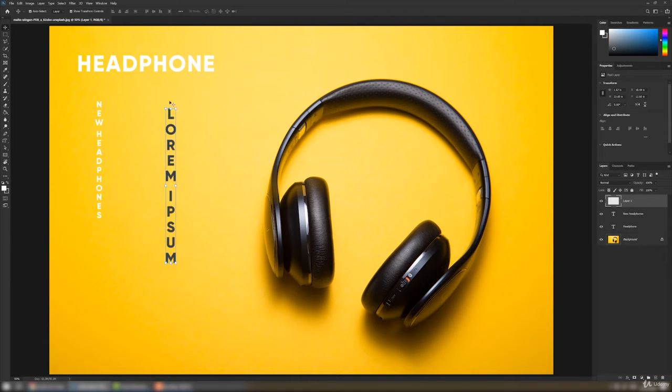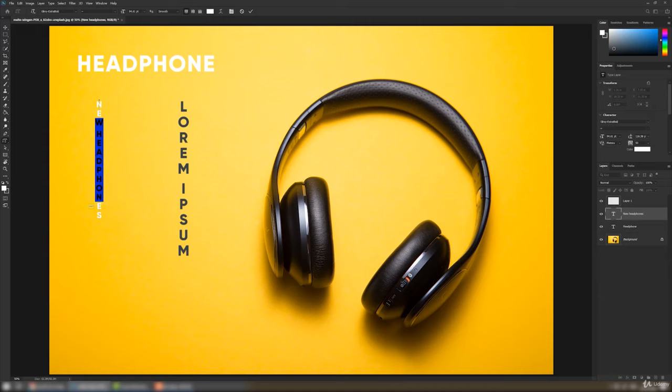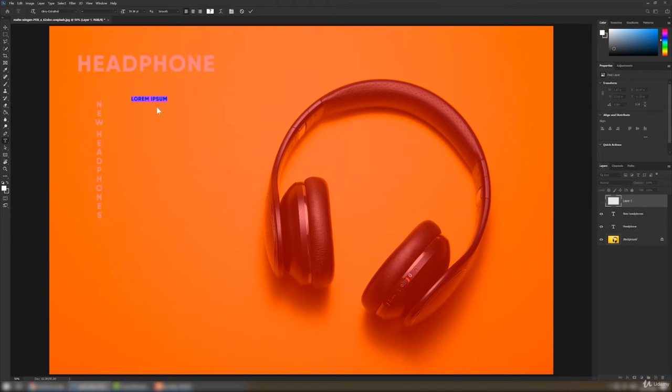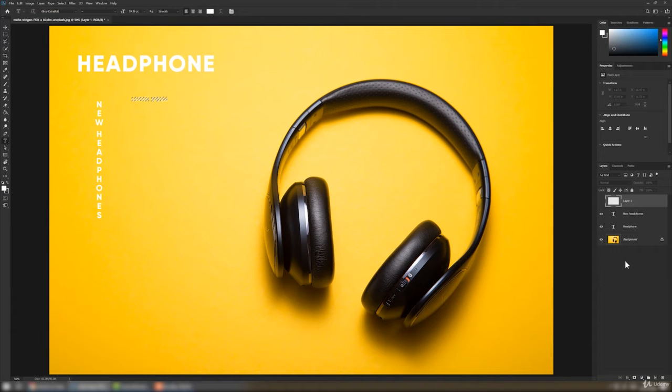Because it was converted from a selection, it was a blank layer. We cannot edit this text again, but we can always edit the other text again because this is a type format, and this is a layer format, this is an image format. So let's see, we have the horizontal mask tool. Same again, it will convert our horizontal text into a selection.